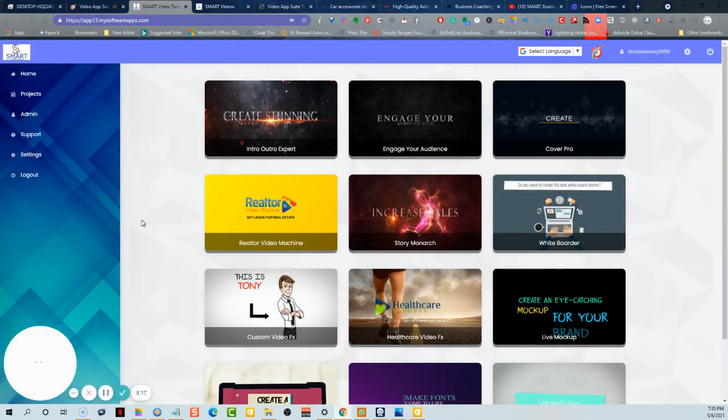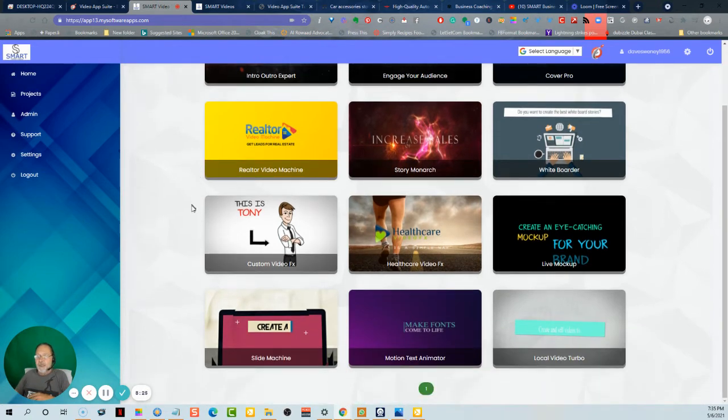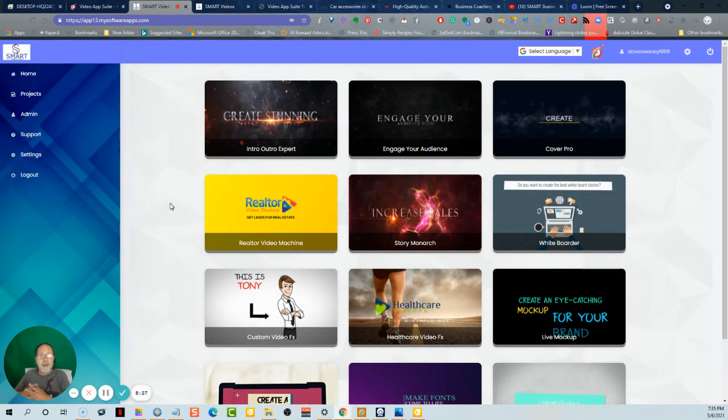Now, when you get access, I'm going to give you access to the whole suite, and that is going to include 3, 6, 9. You're going to have 12 of these video apps that you can access. And what will happen is you'll click on one, whatever it is you want, and then projects, and then you'll go in and you can take a look and see the different templates that are there. And then very quickly, with adding just a few little things, you can create a nice looking video.